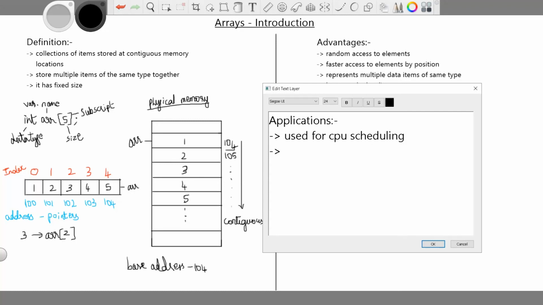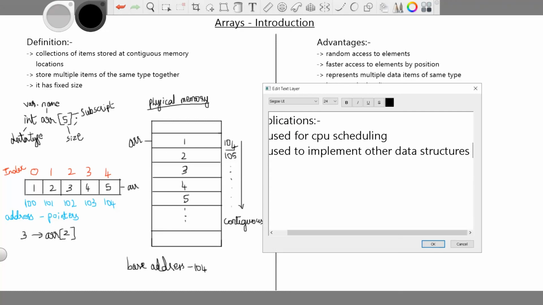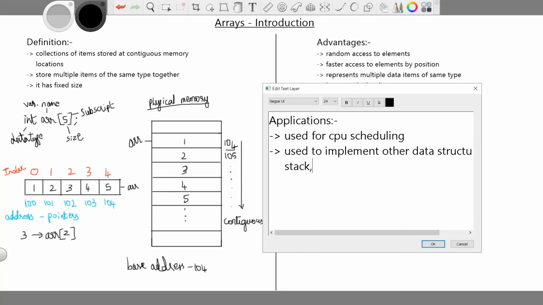And the second one is that it can be used to implement other data structures like stack, queue, heap, hash table, etc. This is a basic data structure that can be used to implement other data structures. It is like a base type you have to learn before learning other data structures.